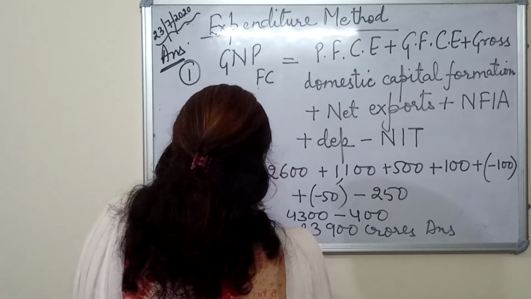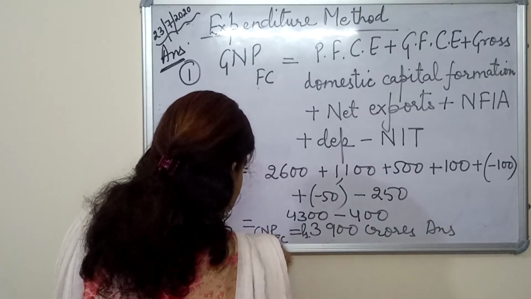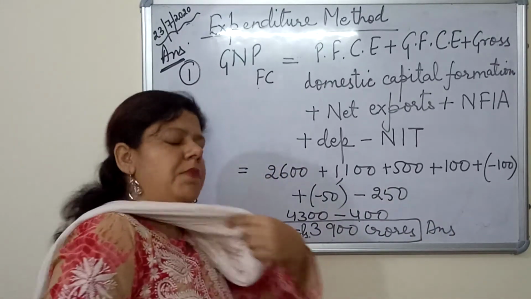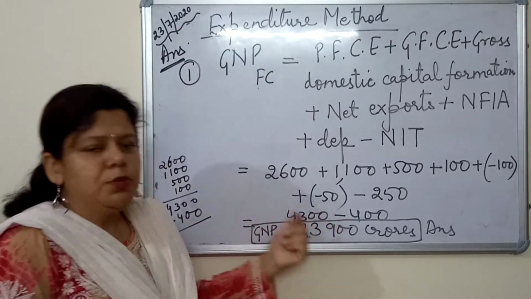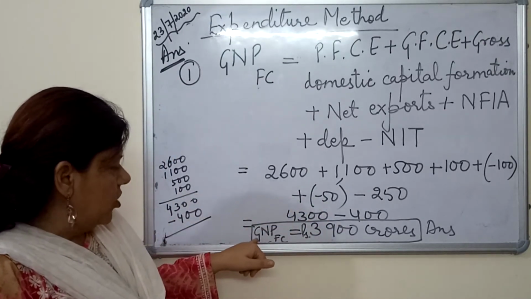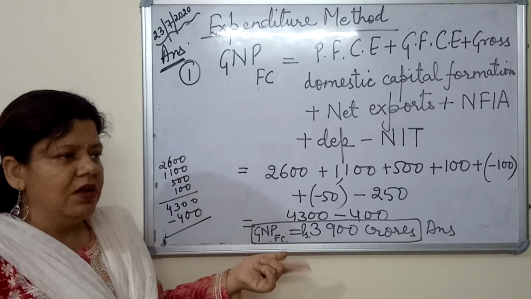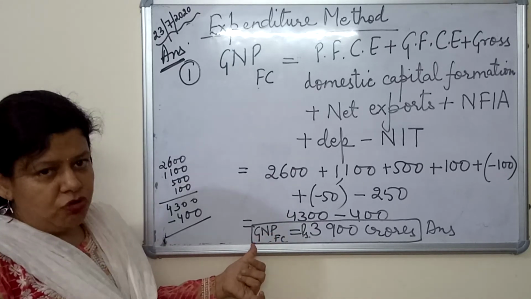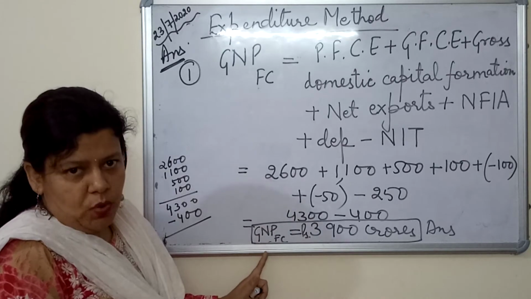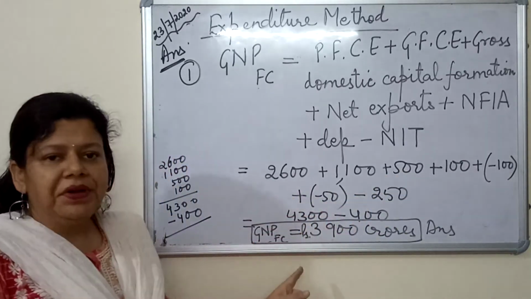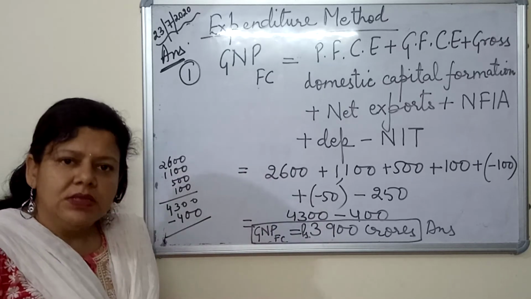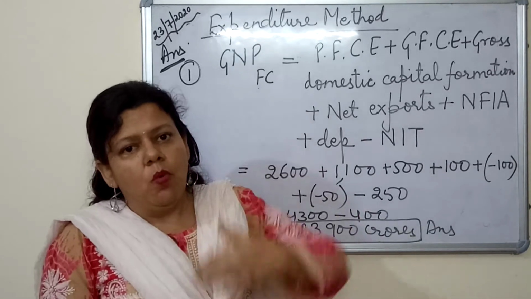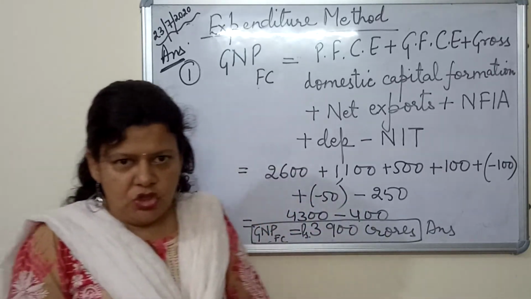Again, see students, the answer is the same when you calculate it by any of the methods, whether it is the income method or the expenditure method. Why are we using gross? Because in the question it is not national income which we have to find, because national income is NNP at factor cost. But in the question it was told that you have to calculate the gross one. So that is why everywhere we have converted into gross by adding the consumption of fixed capital, if it is given in the question, or the depreciation.